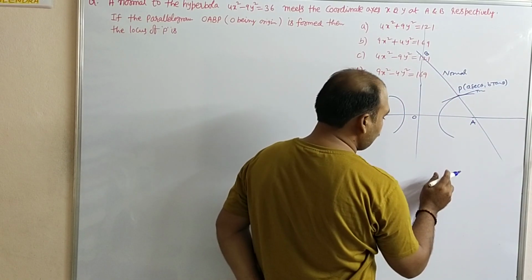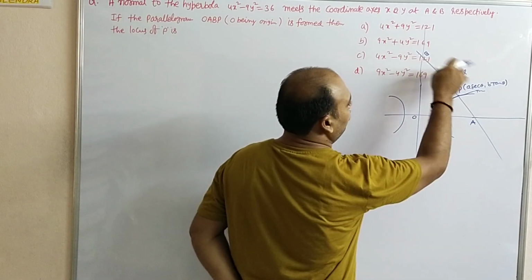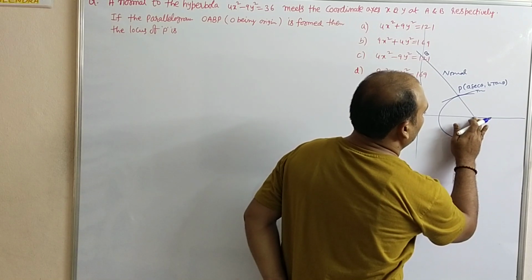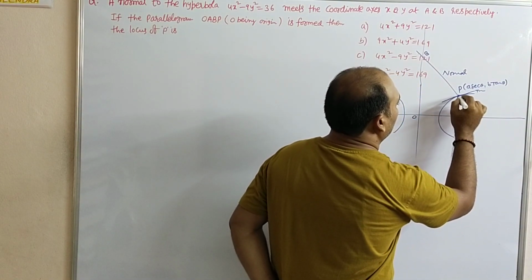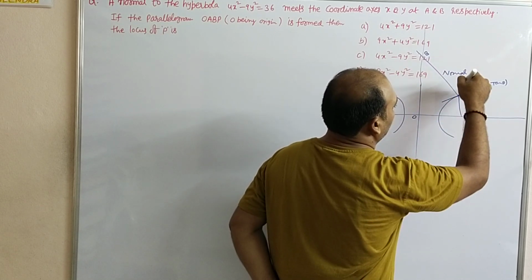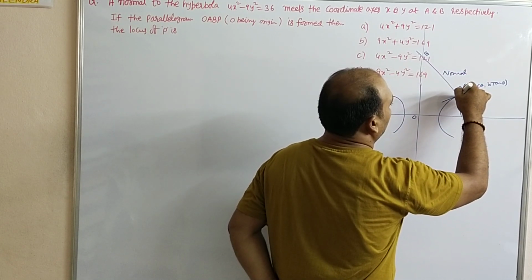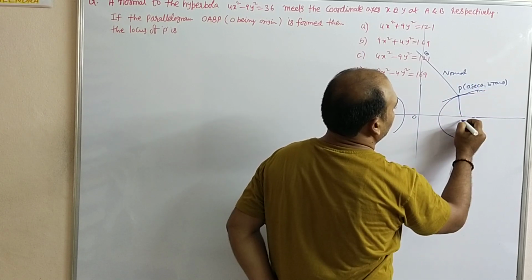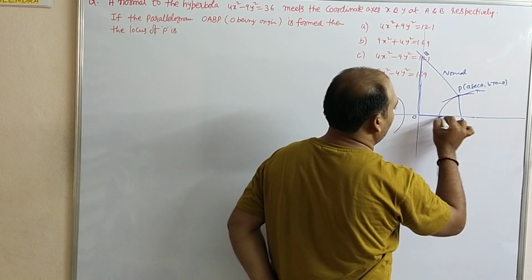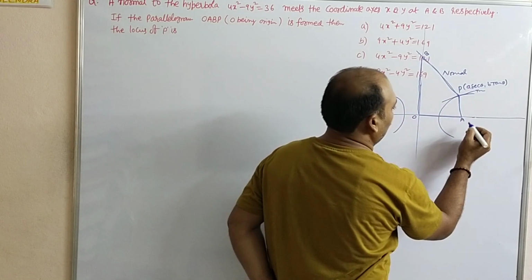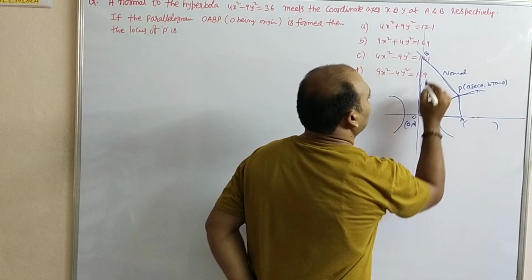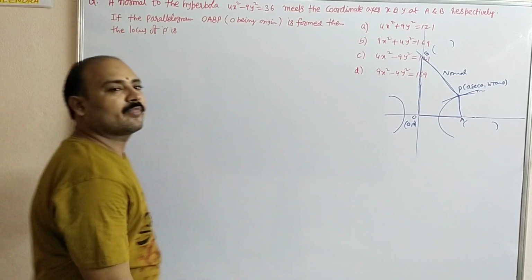So OABP it forms. So like this, or not only like this but also at this point like this also you can take the point, normal. So normal. Just a rough diagram. It forms OABP, will be a parallelogram. A point will come. This is the origin. This point also will come.